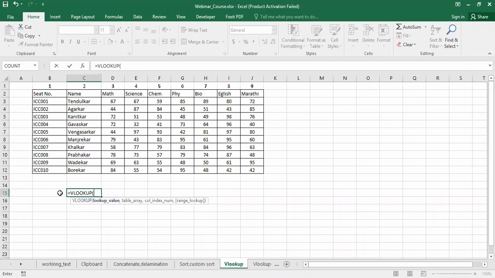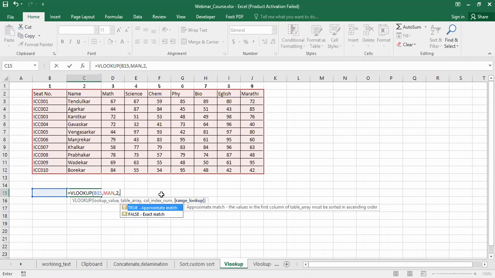So lookup value, let us say I press over here. This is the value I want to look up for, comma, table array, which table? MAN table, right? So I will double click on this MAN table. So this is my table array. Okay. Now next is what? So here, what I want is the name. First of all, I want the name here in this particular cell, that is C15. So what I will write here is the column index from the first column. Now the column index of this name is 2. So I will press here 2, comma.